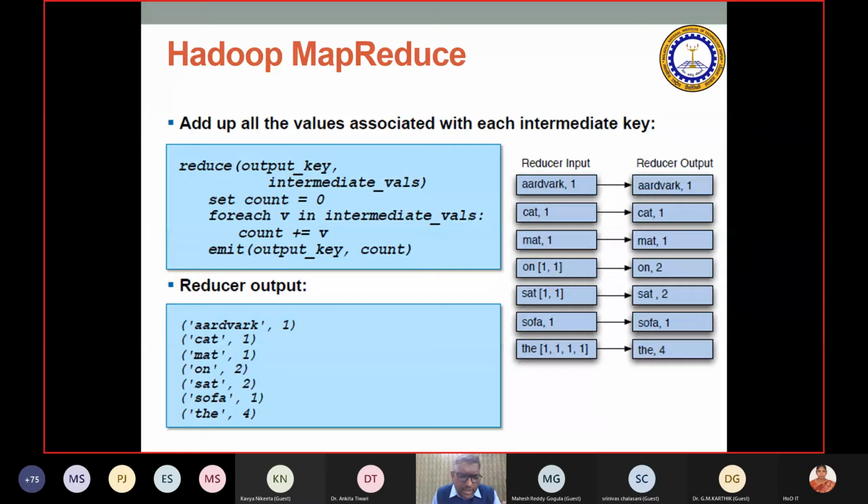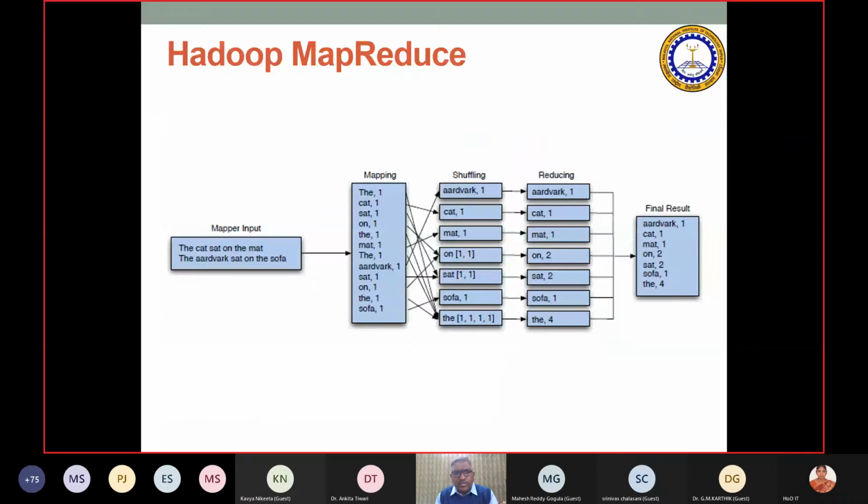So very simply you understood, but now what we need to do is write a mapper function and a reducer function. So that is another important aspect of it. Maybe some snapshots, some examples of the MapReduce code, we'll see tomorrow, right? So what exactly is happening in the whole process? This is the mapper input, this is the mapping process, and this is the reducing function. Shuffling was done, which was basically sorting and grouping of these numbers together. Firstly, it was sorted, and then it found that on is coming 2 times, sat is coming 2 times, and the is coming 4 times.